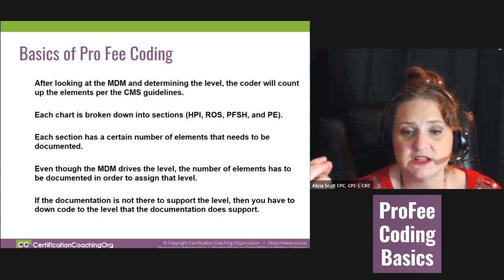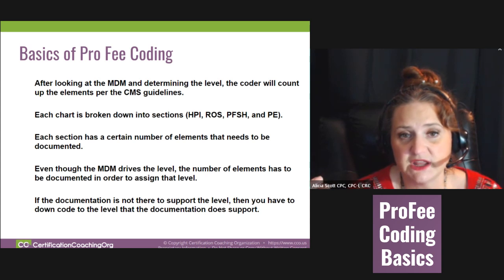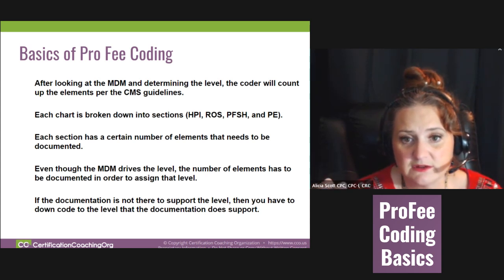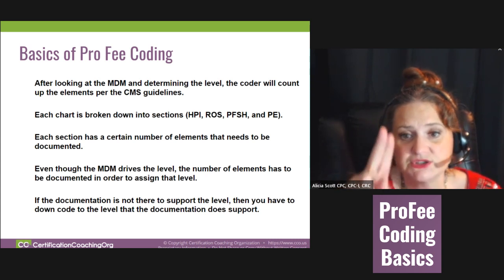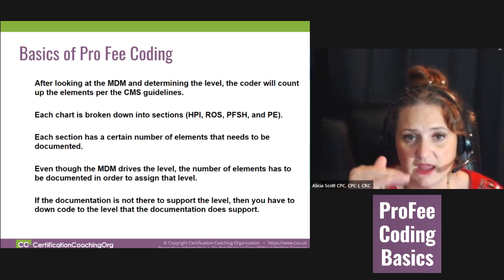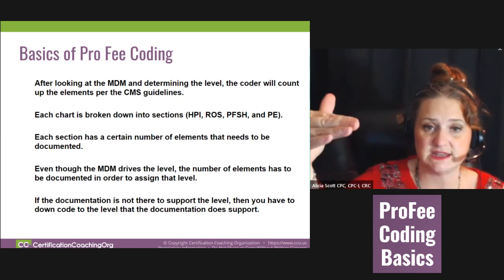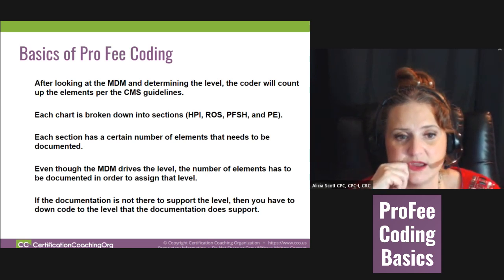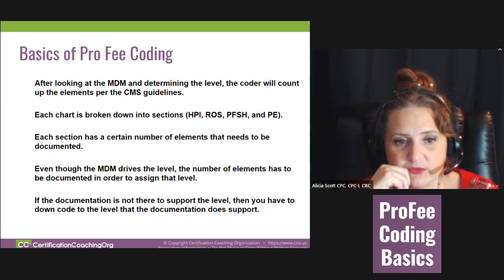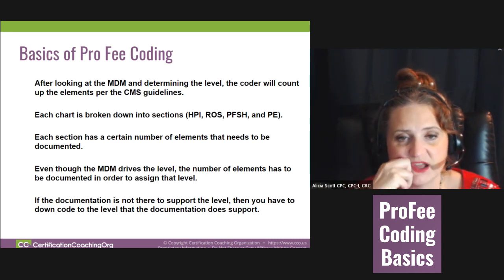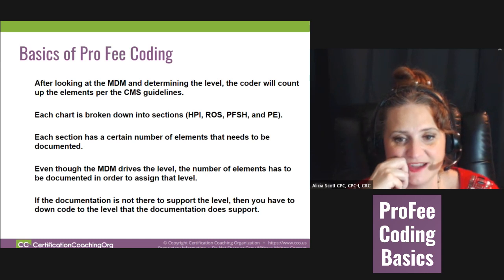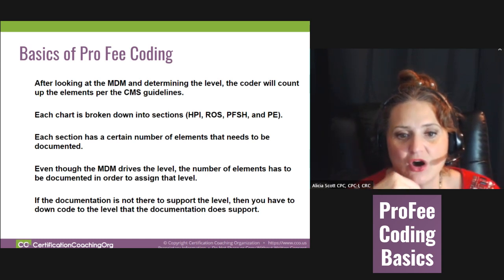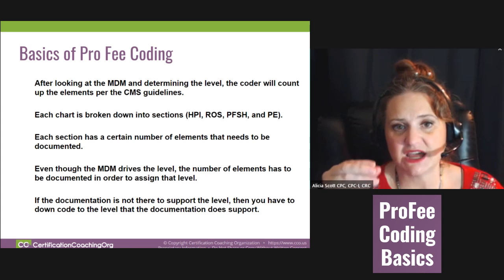But on an established patient, if we don't get much of an HPI and we don't get any of the other things very high, we have to have at least 2 of the 3 to make a level. We have to meet or exceed. Okay. So again, each one of those is going to be covered in the E&M. Medical decision making really drives the elements. Again, I've kind of beat that into your heads, I think. But it all really depends on the documentation.